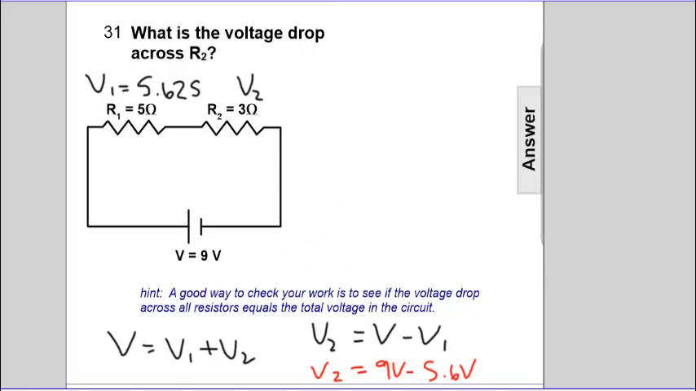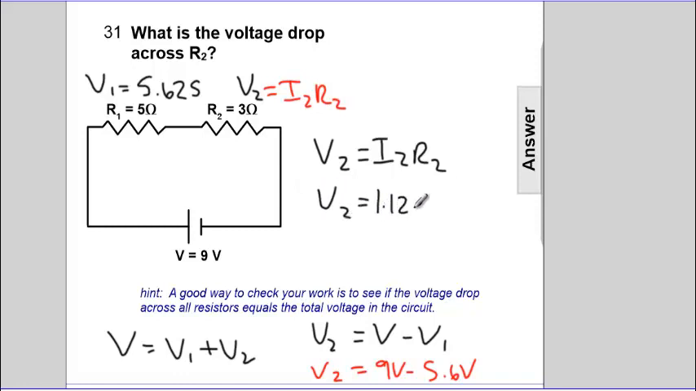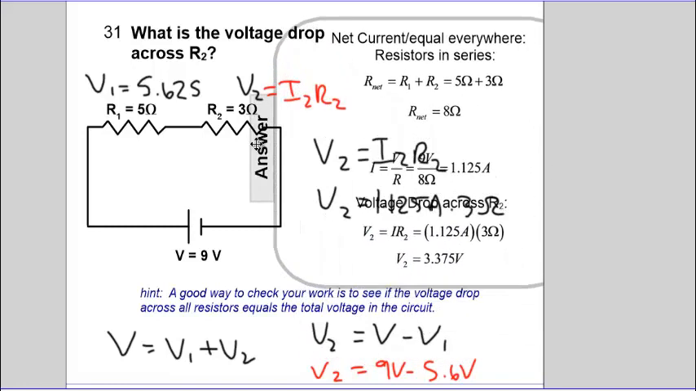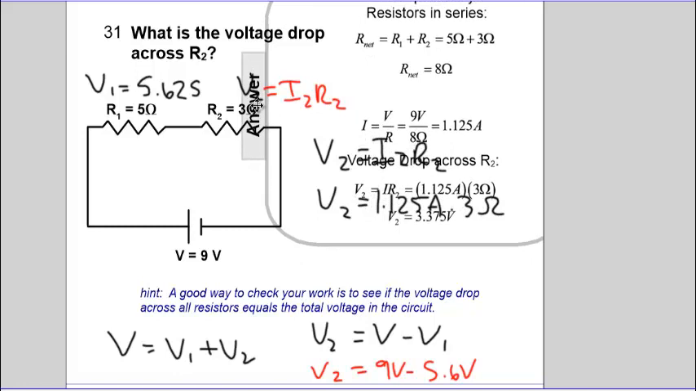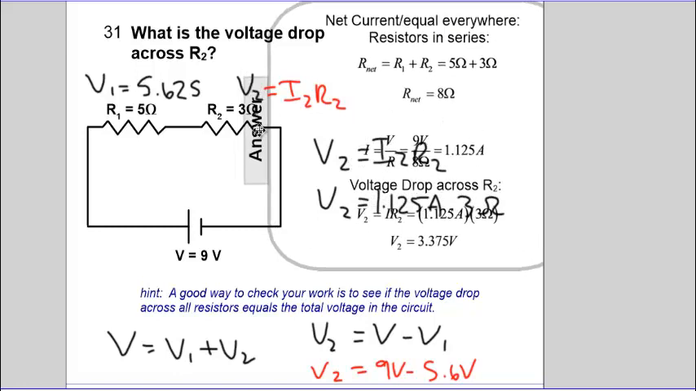Let's use an alternate solution. Finding V2, that would be I2 times R2. V2 is I2, again times R2. V2 is 1.125 amps times what R2 is. Oh, that is 3 ohms. And when we take the product of these two, the current times the resistance, we'll get 3.375. Again, V1 plus V2, 5.625